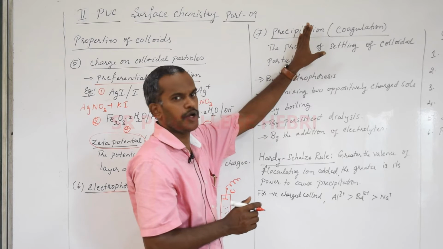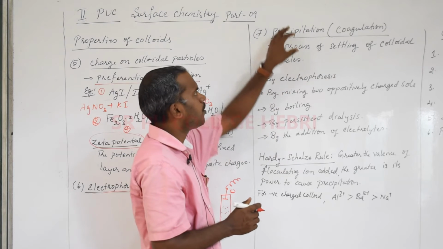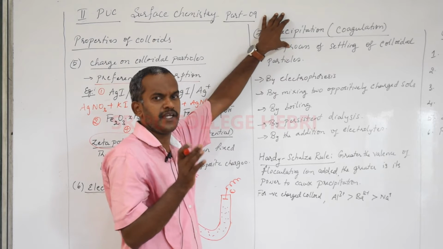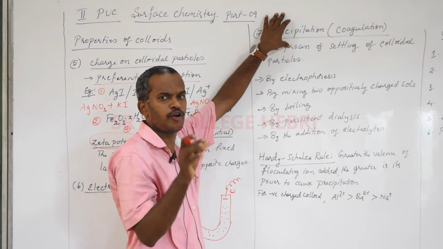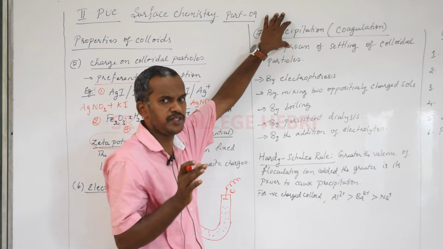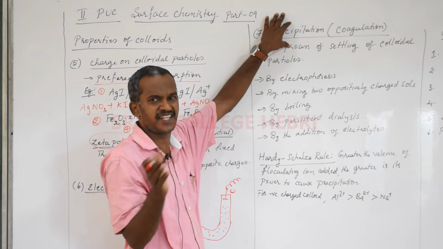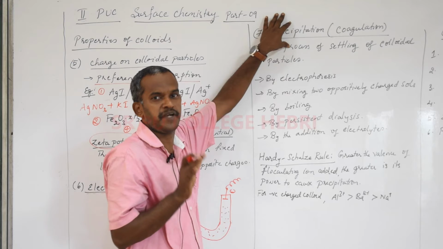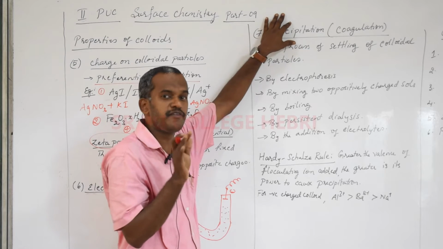It is also called coagulation or flocculation. So what do you mean by precipitation? Simple, I can give you the simplest example. If I take milk and add sodium chloride or common salt to that, what happens, students? Milk will be spoiled. Milk appears like curd. It will not convert into curd, it appears like curd. There is a precipitation. Milk is an example of an emulsion.